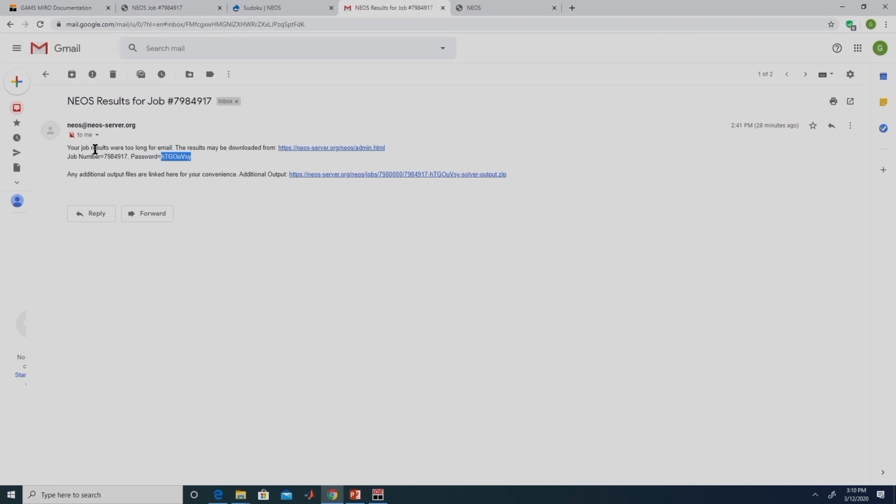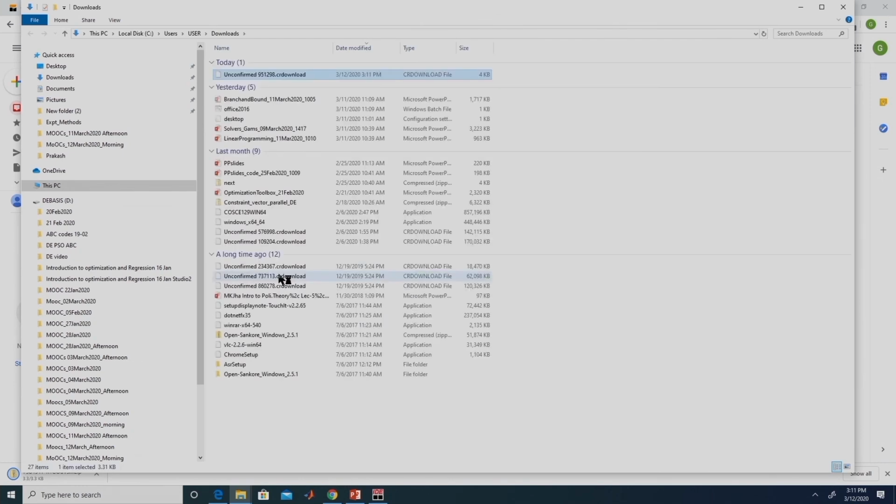In this case the problem was a bigger problem, so we did not get the list file as part of the email; otherwise we would also get the result file as part of the email itself. If you remember, we had also requested the log file. If you click on that, then this will contain our log file.